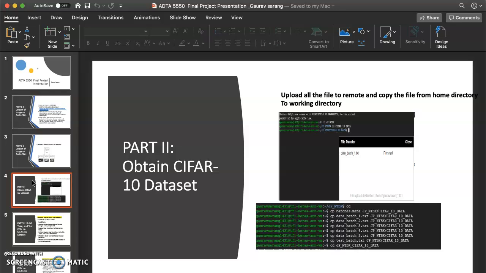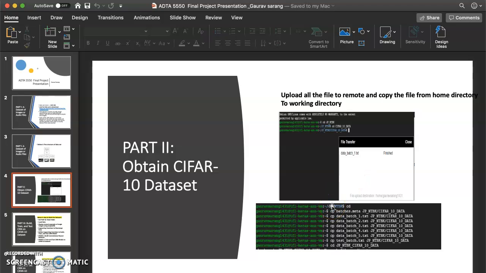So what I did, I went to the remote server and there were 7 files. The files were mainly first the batches.meta, then data batch 1, data batch 2, data batch 3, then data batch 4 up to data batch 5, and last was the test file. So I just uploaded one by one all the files into our server.